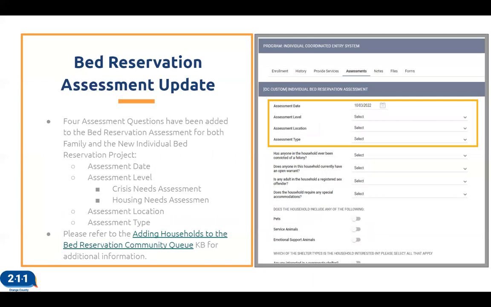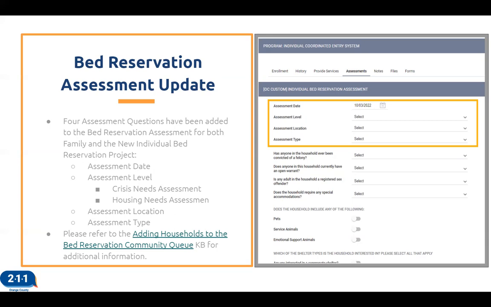So there were 4 assessment questions that have been added to the bed reservation assessment. This applies for both the family and individual bed reservation projects. So these questions will include the assessment date, the assessment level. For this one, you have a selection of whether the crisis needs assessment or the housing needs assessment.